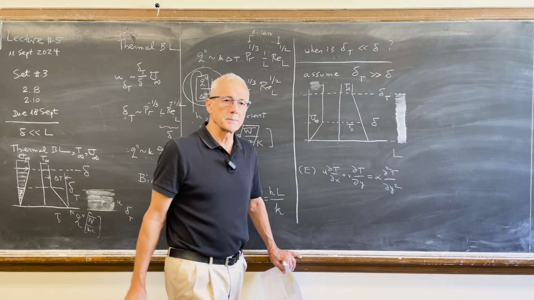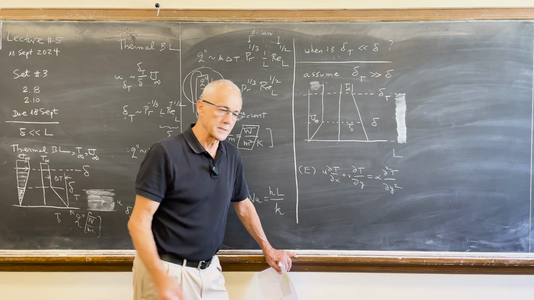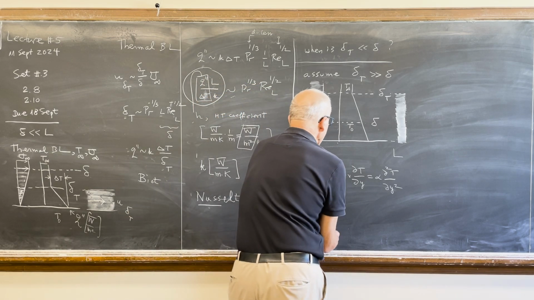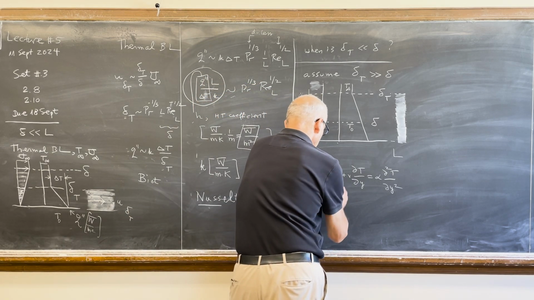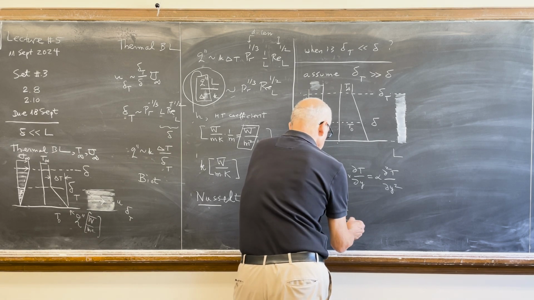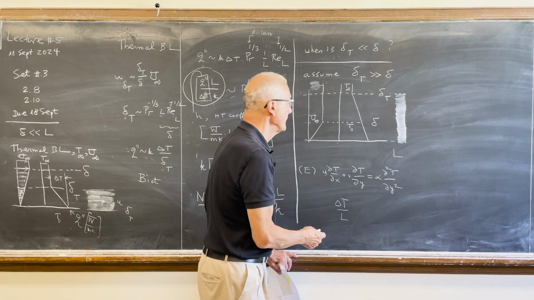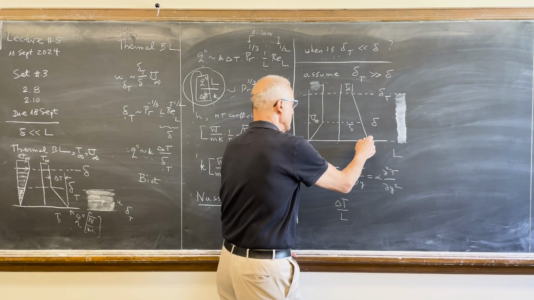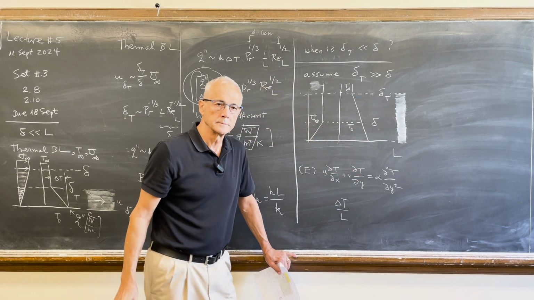We've gone through these steps, scale analysis. You end up with, well, for the delta t divided by x, you get that. And u, the scale of u in this thicker region is u infinity,